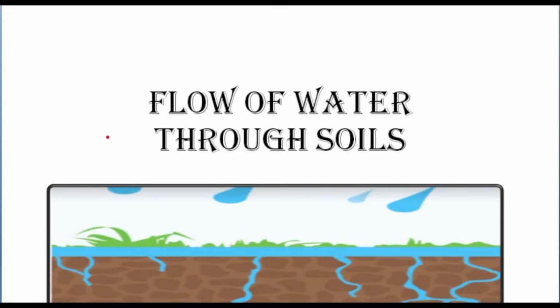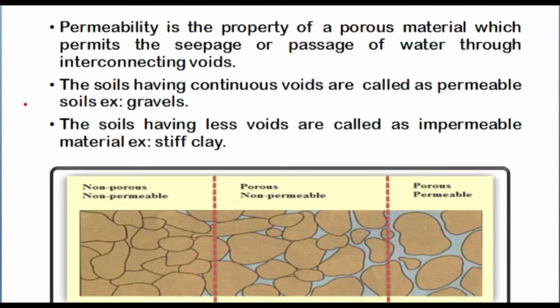Today we shall be dealing with another module which deals with flow of water through soils. Flow of water through soils is nothing but permeability of the water. So what is actually permeability? It is defined as the property of the porous materials which permits the seepage or passage of water through interconnecting